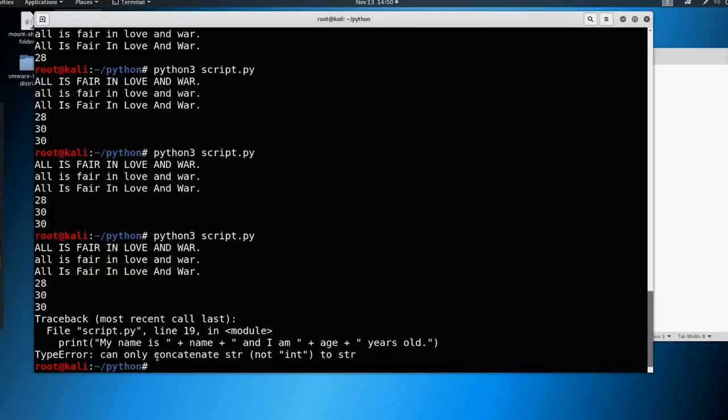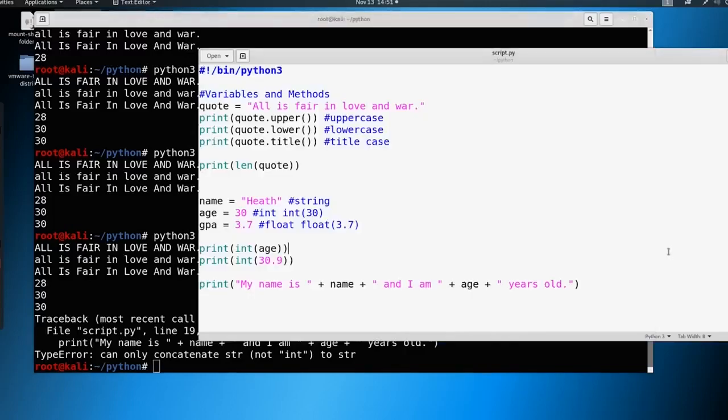And you could see, cannot concatenate a string, not integer to string. So this age here is sitting here as an integer. You can't concatenate a string with an integer. So how do we fix that? Well, what we can do here is put this into a string format. So we'll just say string of age, something like this, and save it, and now it makes it a